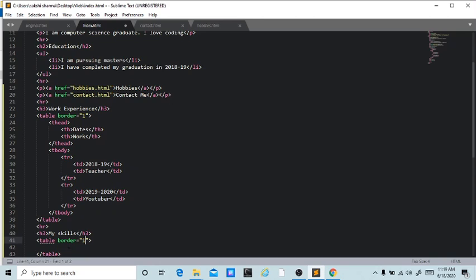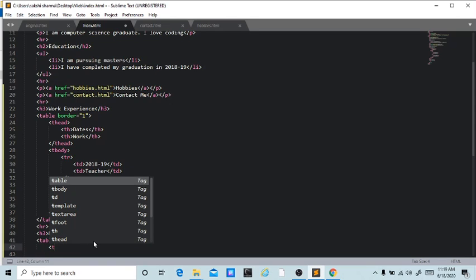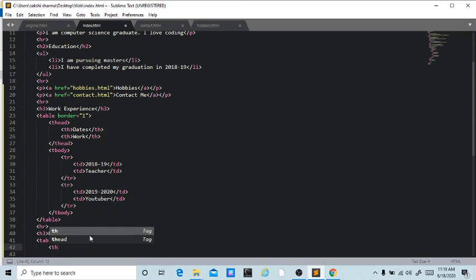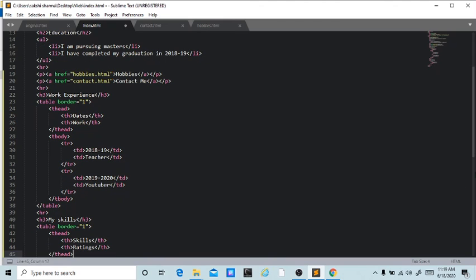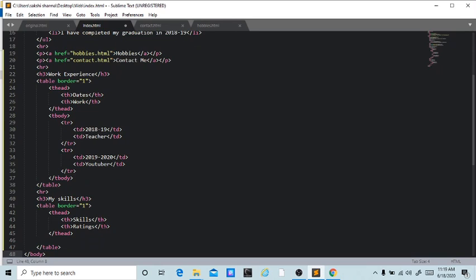Table border 1, the same things. Heading, let's say skills, and the other heading would be ratings. We'll be rating our skills using star emojis. We'll be rating out of 5, so if you have some skill like 4 out of 5, you'll be giving yourself 4 stars, and accordingly. So in the body, let's add